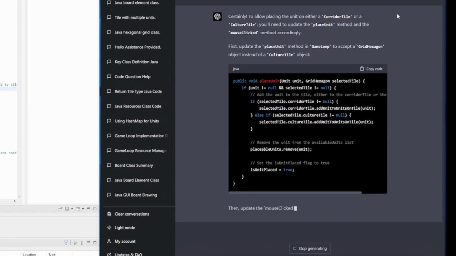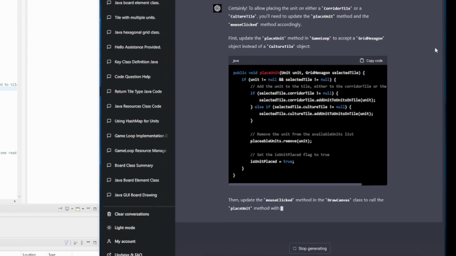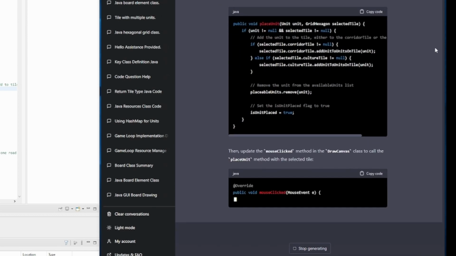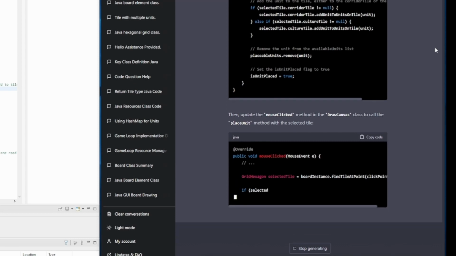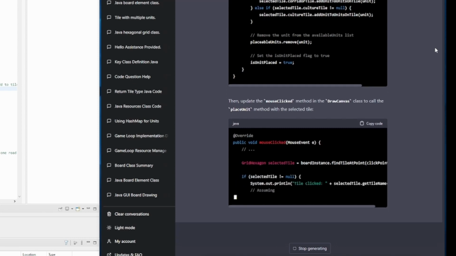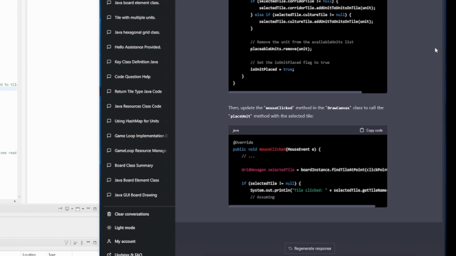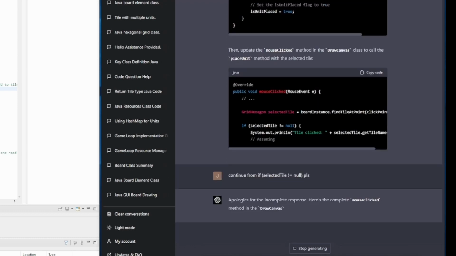Not sure if that is going the right way. I have a little suspicion that is going to put them on both with this code. Yeah, I'm confused with this grid hexagon because it contains both the tile types, and if I'm not passing through the shape specific to those, oh, it blocked again. Then I ask it to continue from if selected tile not is null, please. Okay, that's the whole